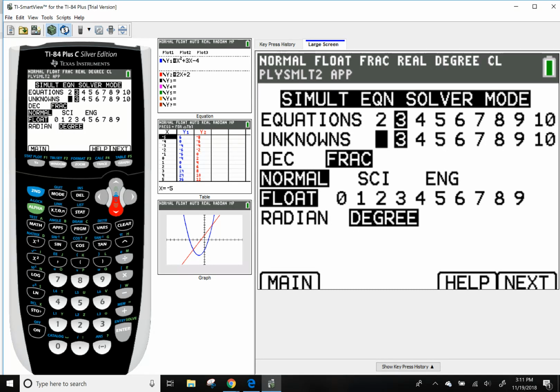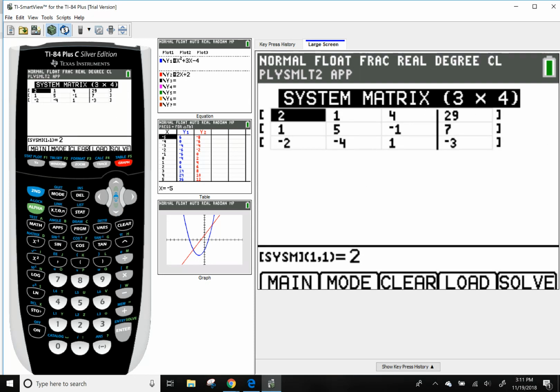Now to hit next, you have to hit the graph button. You can't scroll down all the way. You can't go any further than that. So to hit next, you have to hit the graph button because it's the button right below on the screen where it says next. So choose that, and you're going to get